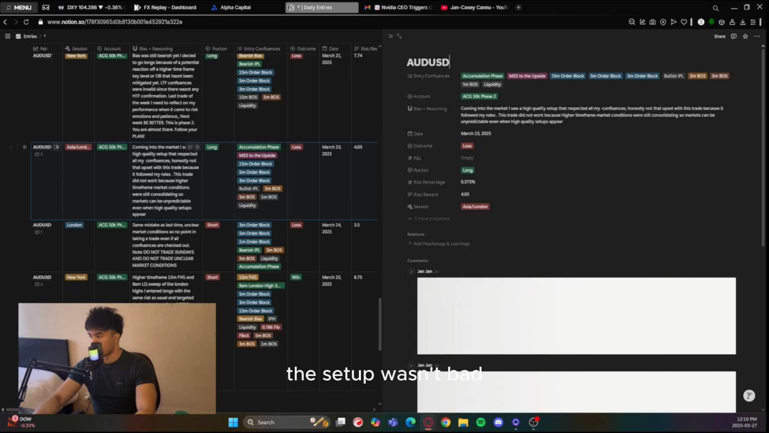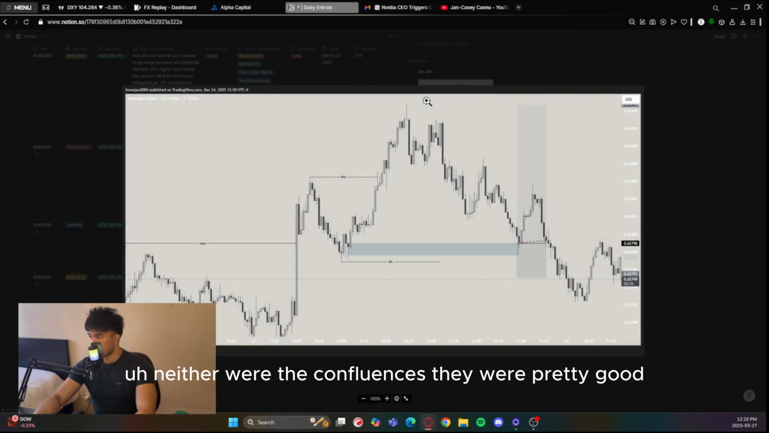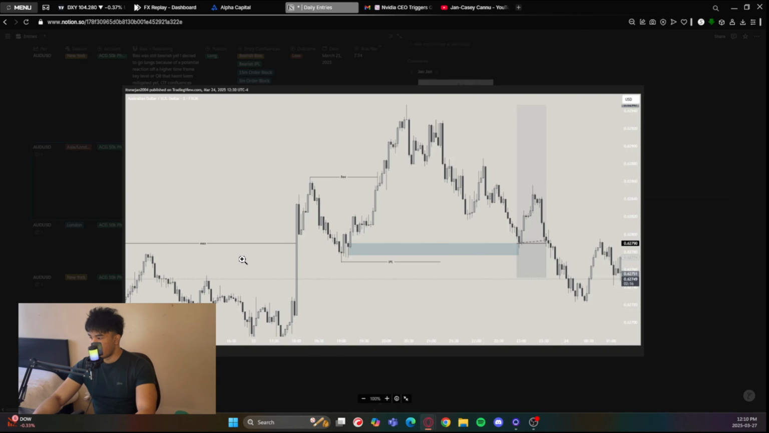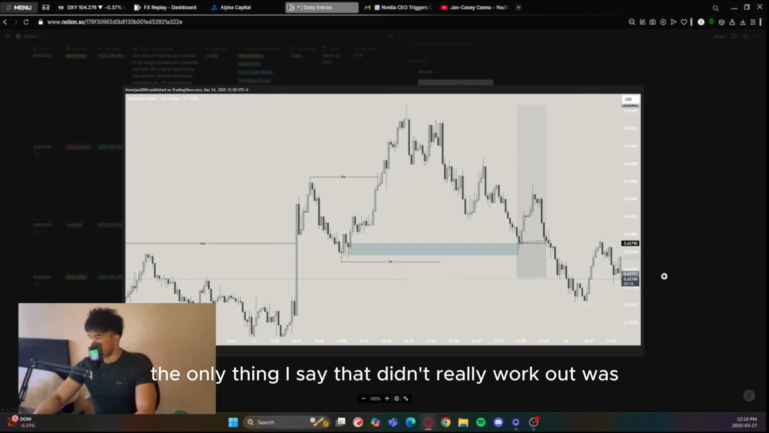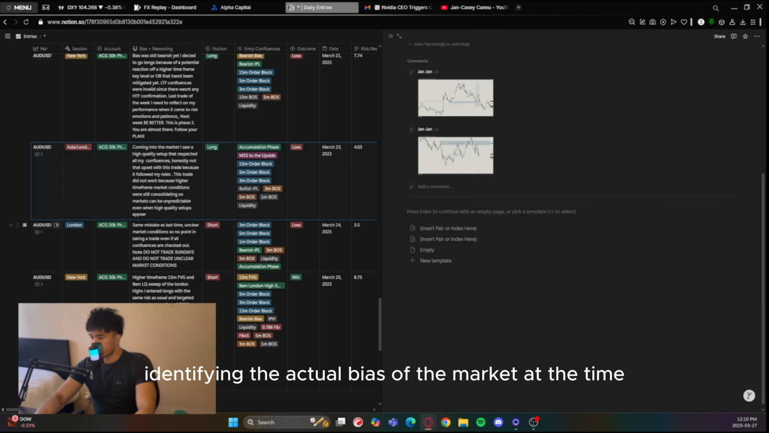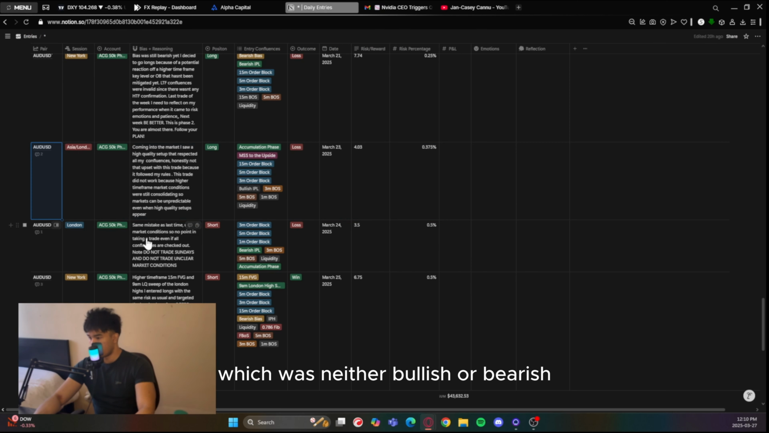Honestly, this setup wasn't bad, neither were the confluences. They were pretty good. The only thing I'd say that didn't really work out was identifying the actual bias of the market at the time, which was neither bullish nor bearish. And we can see here on the next trade,